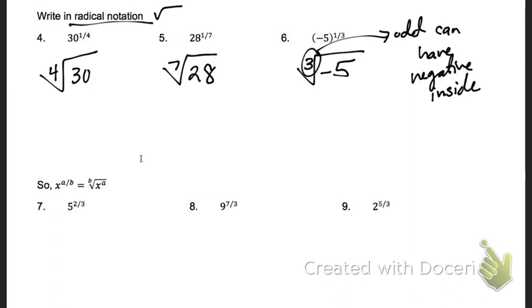Now, the numerator is not always 1. So here we have x to the a over b. So if your number is not always 1/5, 1/3, 1/7, then you would rewrite it as,